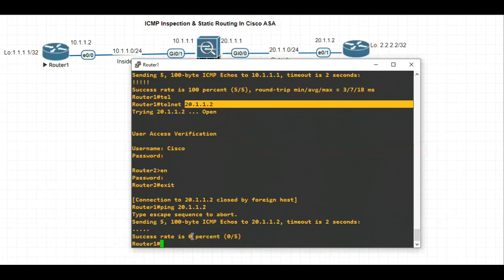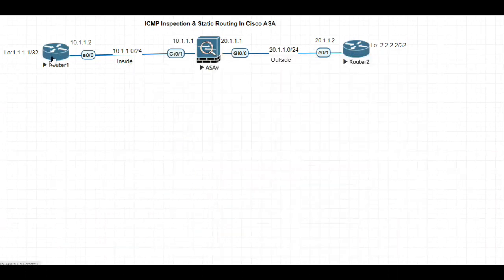Why is telnet working but not ping? When I'm sending packets from router 1 to router 2, they are of course reaching router 2.